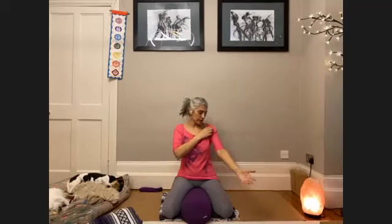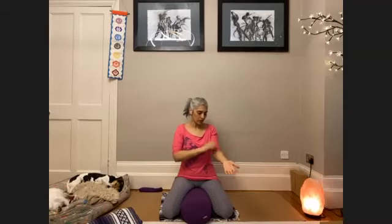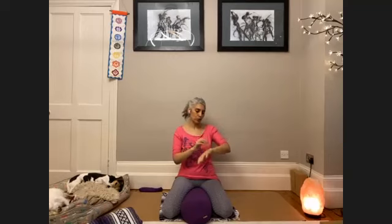Let's come to the sternum, the breastplate here. Underneath the armpit, so you can do one side first, then the other side. And we're going to travel down the inside of the arm. And you can come into a gentle fist here, all the way down to the wrist and tap there for a little while. Let's tap the outside edge of the hand here on my left side, the inside of the little finger. Turn it around, the outside of the little finger and all the way back up the outside